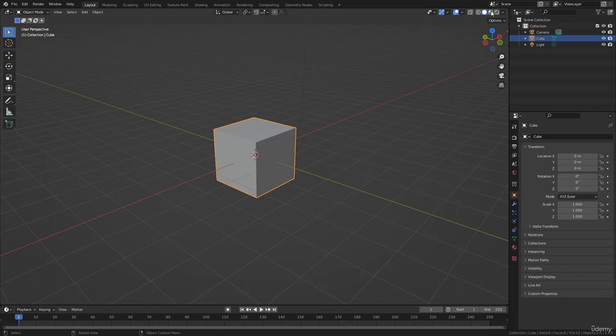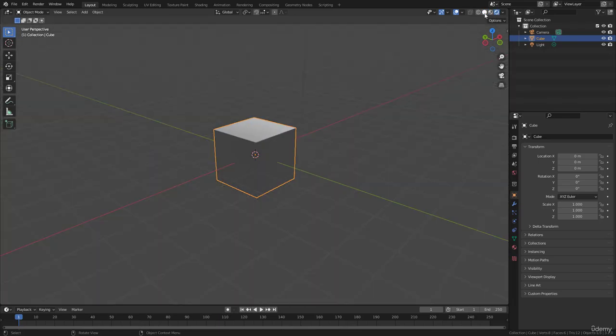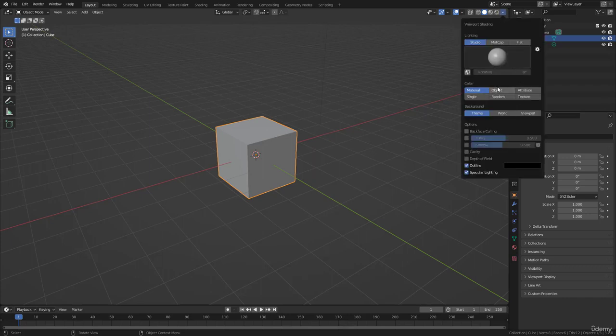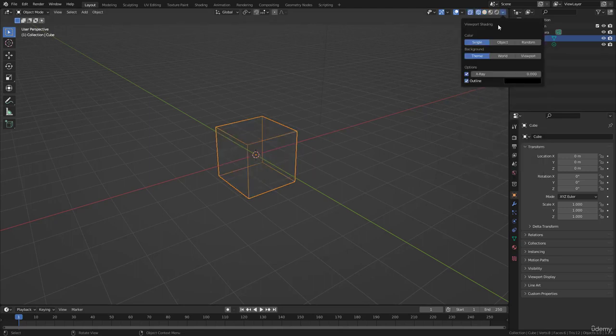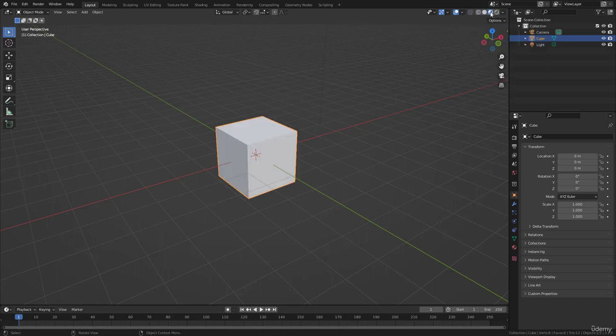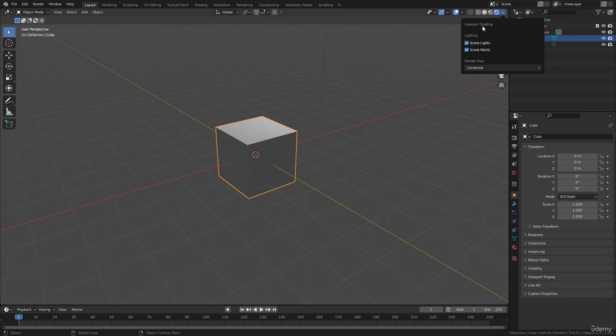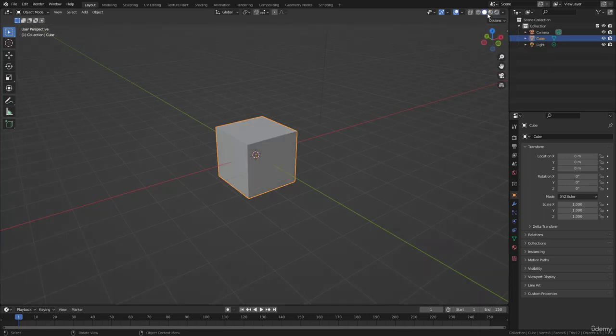There are 4 of them here: wireframe, solid, material preview, and render preview. Next to them there is a little arrow sign, and if you click on this, you have options for each of these shading types. For example, for solid we have lots of options here. For wireframe, let's click on wireframe and see we have some options. For material, you can click on this and we have some other options, and for render we have different options too. The most options are here in solid,